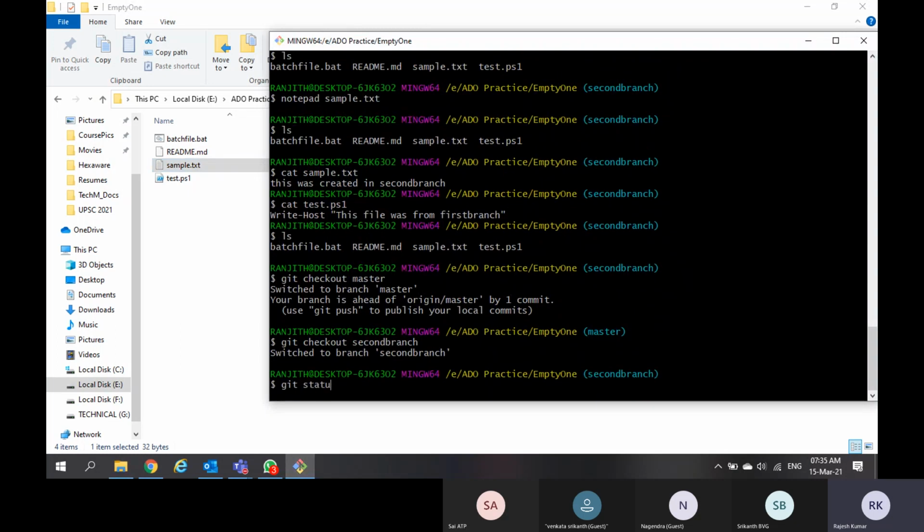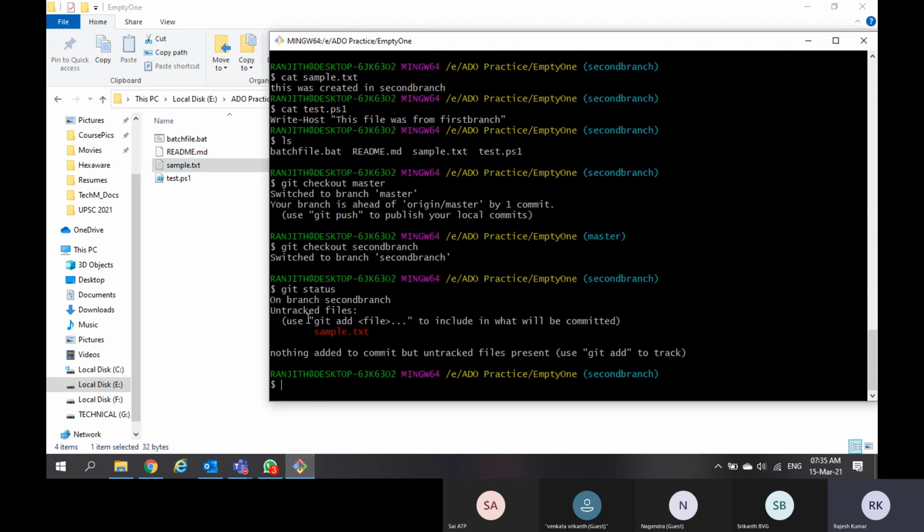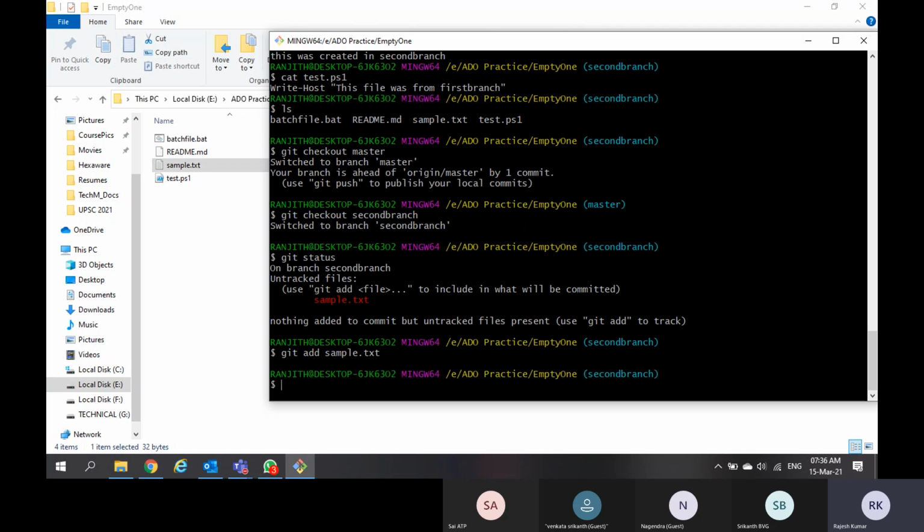If you see git status, until and unless you add the file, it will be displayed in all the branches. So what I am doing, I will perform git add. If I want to add multiple files, that is git add -A, capital A, not small a. But as it is a single file, I am going with git add sample.txt.